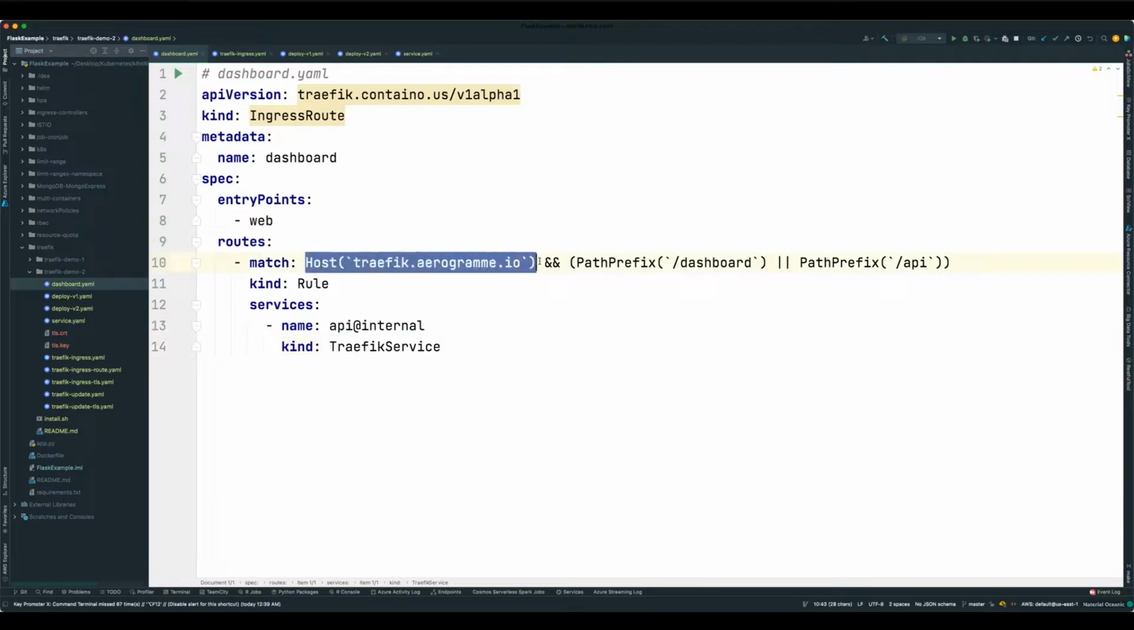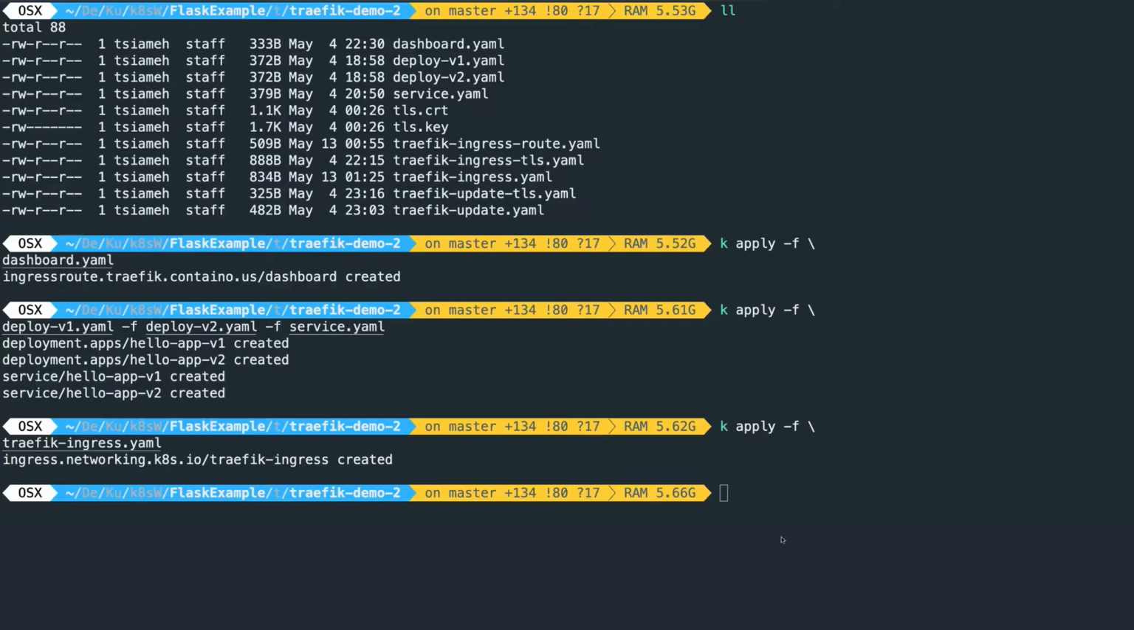Okay, so basically that is it. This is just a matching rule. Once we hit this, it forwards it to the Traefik service, and it's just an internal service. Okay, so there is another way of getting the dashboard, but I prefer to go with this one for now. So yeah, basically that is it. So we've created everything. Now let's check